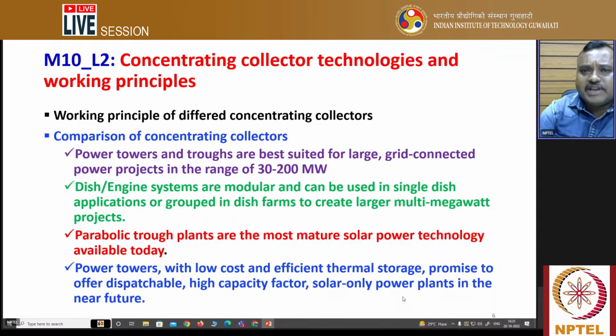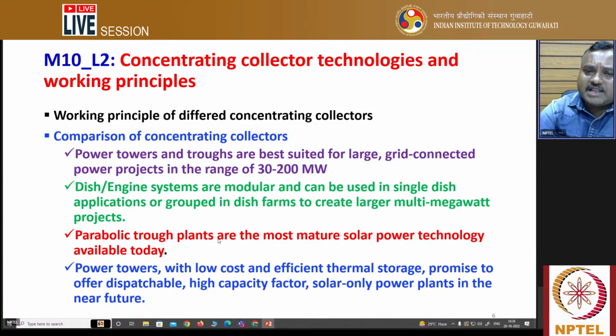In lecture 2 of module 10, we have primarily discussed the working principle of different concentrating collectors and their technologies, and also the comparison of concentrating collectors. Some of the key points are: power towers and troughs are best suited for large grid-connected power projects in the range of 20 to 200 megawatt. Dish engine systems are modular and can be used in single dish applications